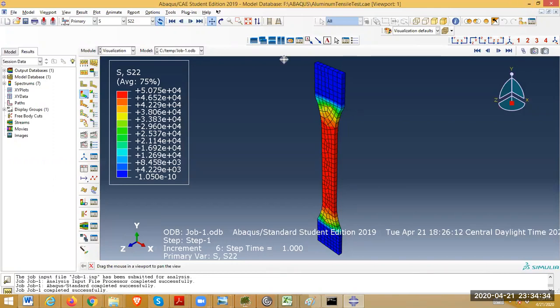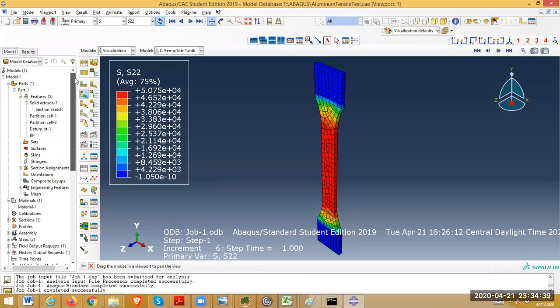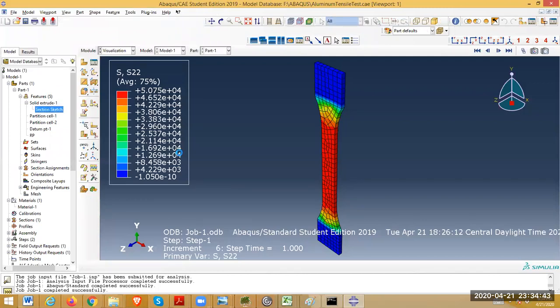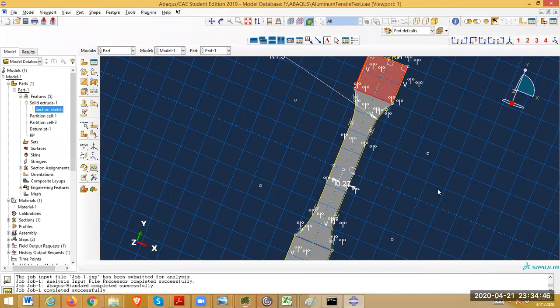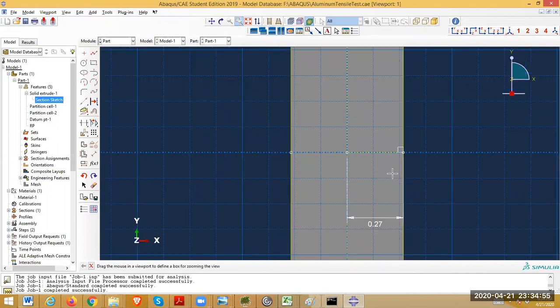Okay, now take also a screenshot of it, so the total width is 0.54 inches, okay? So the width of the sample is 0.54 inches